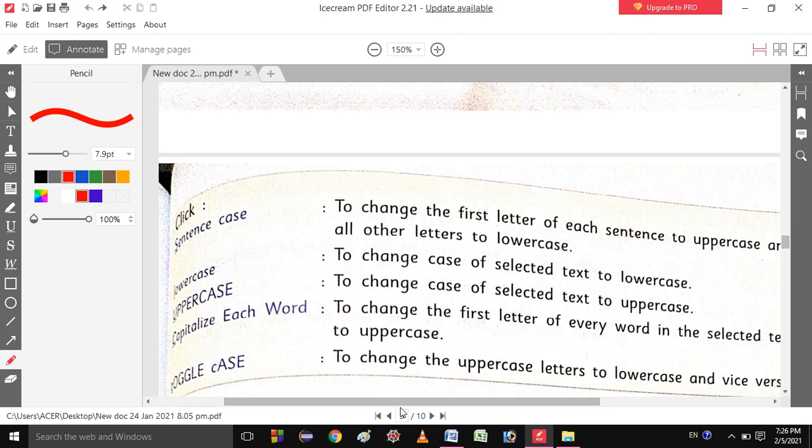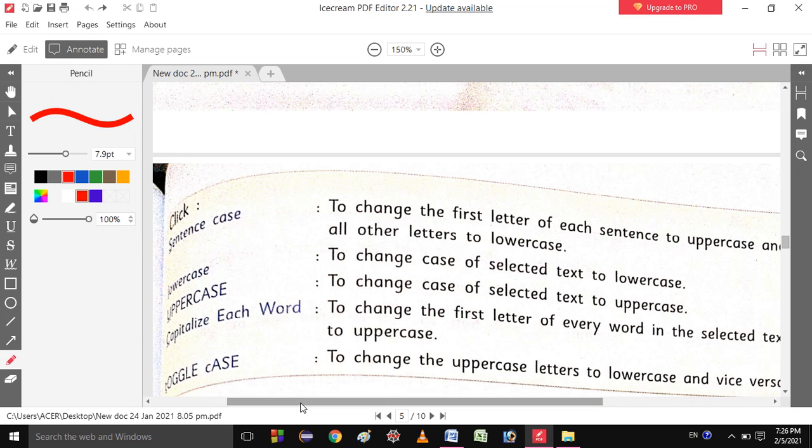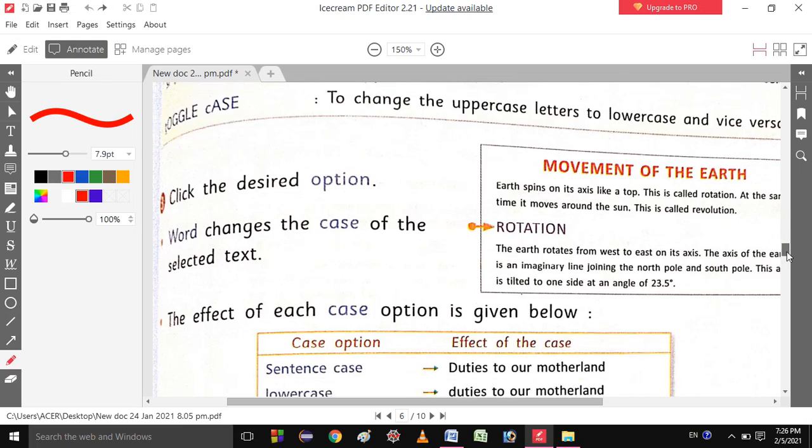Lowercase means to change the case of selected text so that every letter will be in lower case. Uppercase, every letter will be in capital. Next, capitalize each word. That means if you select this option, then every word's first letter will be capital. Next one is toggle case, which means if you have written a small letter, then it will be capital, and if you have written a capital letter, then it will be small. So these are the options you can apply.